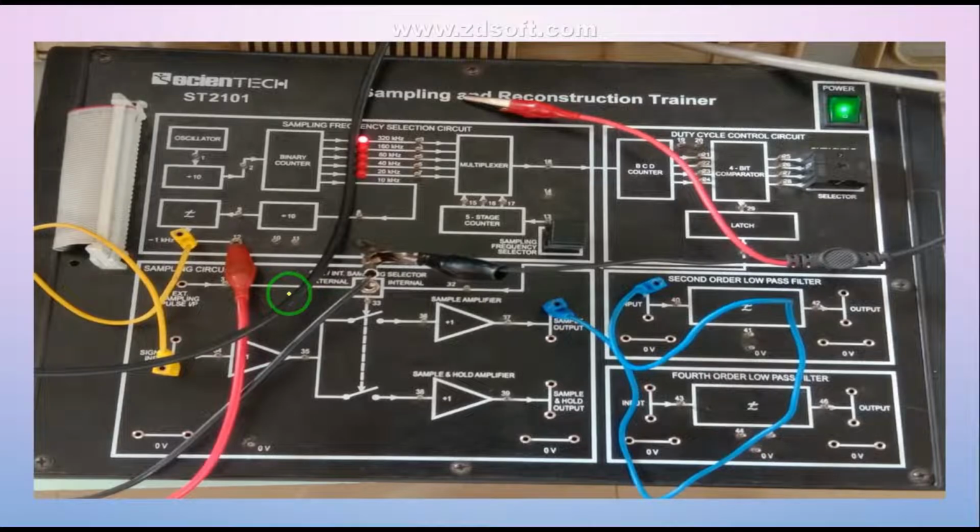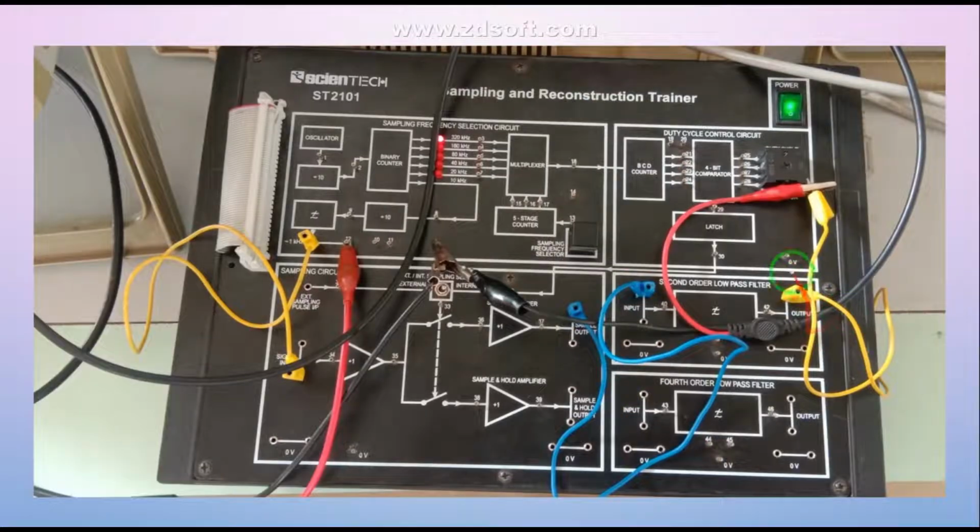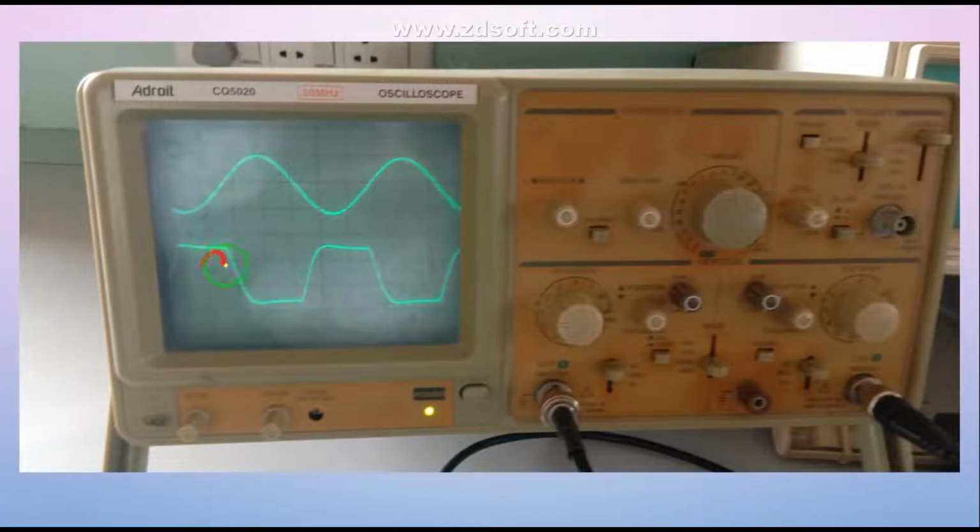Now guys, we have seen the output of this sampler. Now the task is to apply the output of the natural sampler to this second order low pass filter. When you apply this to the low pass filter, we are going to see how the output of the low pass filter looks. Now, by disconnecting this second channel, we have connected the second channel of the CRO to the output of this low pass filter. So you can see the output of this low pass filter, and